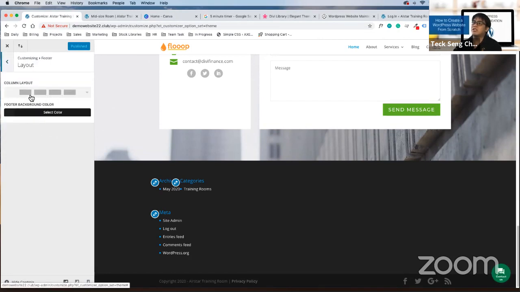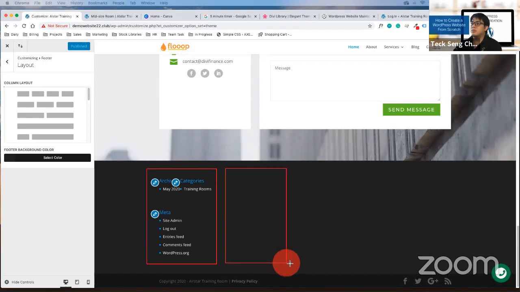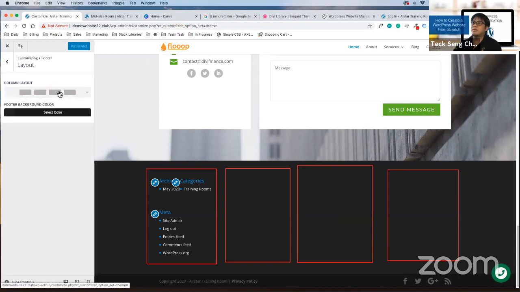Right now my layout is 4 box, meaning that what I can expect at my footer is 1, 2, 3, and 4. This is according to what I choose over here.